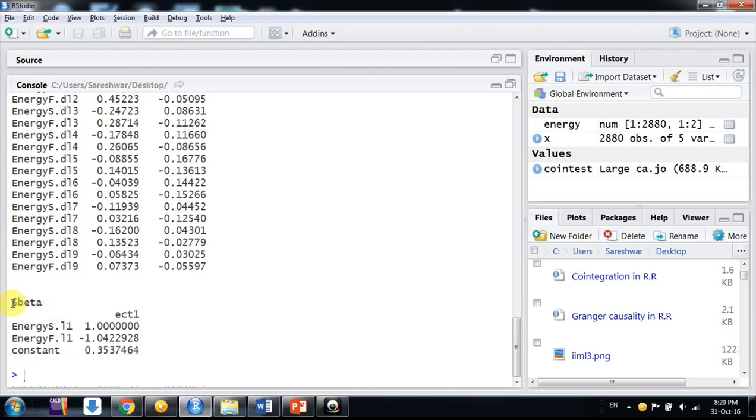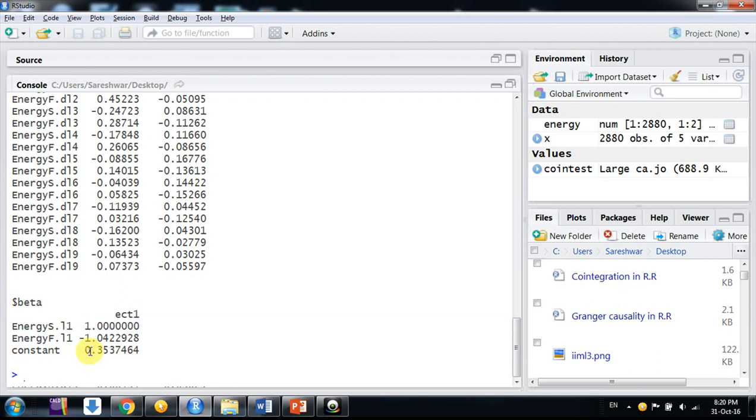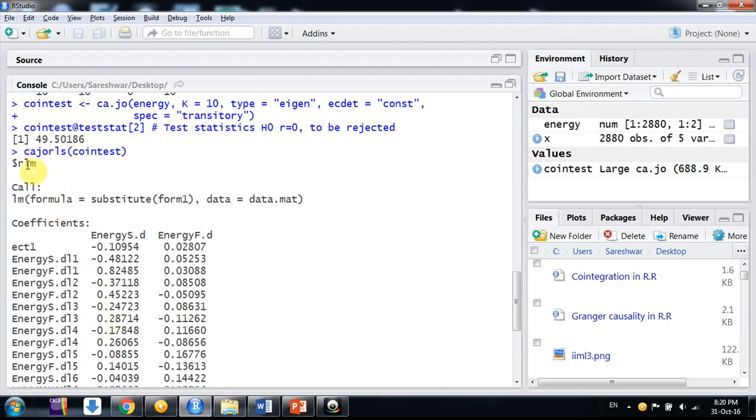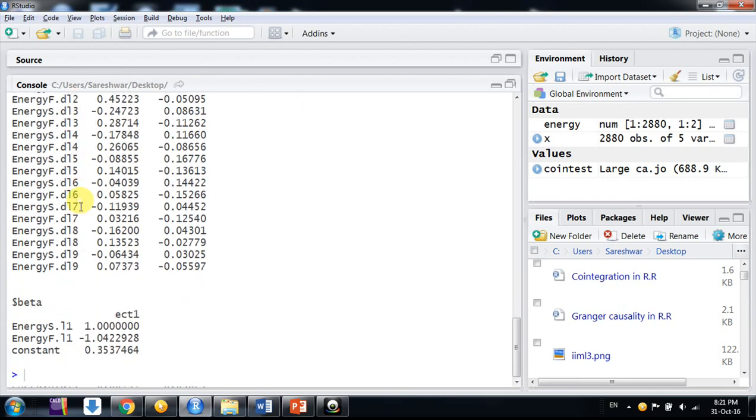And this is the $beta, the co-integrating vector, which is almost 1 and minus 1, as we generally have for spot and futures, along with the constant because we put a constant in the model. Again, D stands for differences, L for lag, lags 1 to 9, and in beta we have the co-integrating vector.